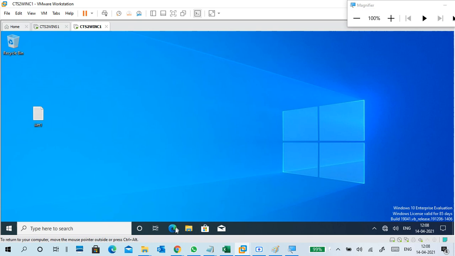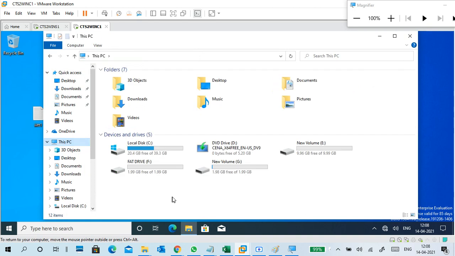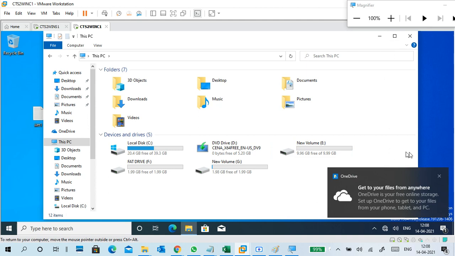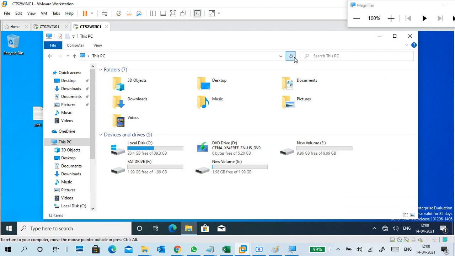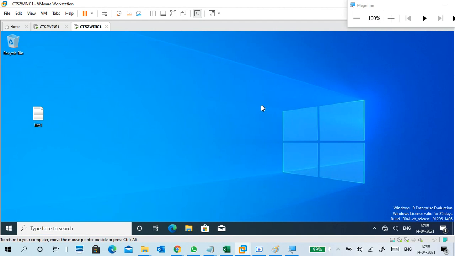Okay, now it is IT user 1, right? As you remember, where is the data? It should come now. Why is it not coming? IT user 1 only. What happened?